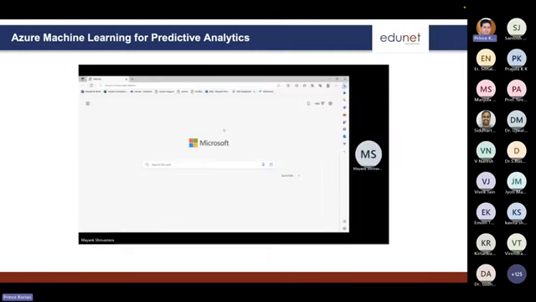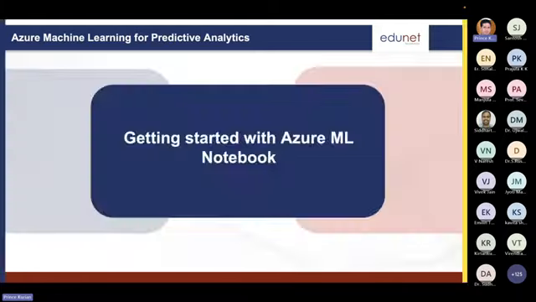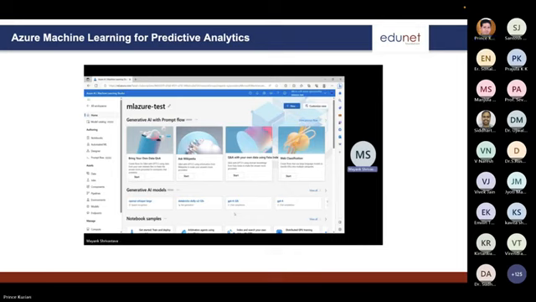Okay, now we are going to see how we can do some machine learning activities in